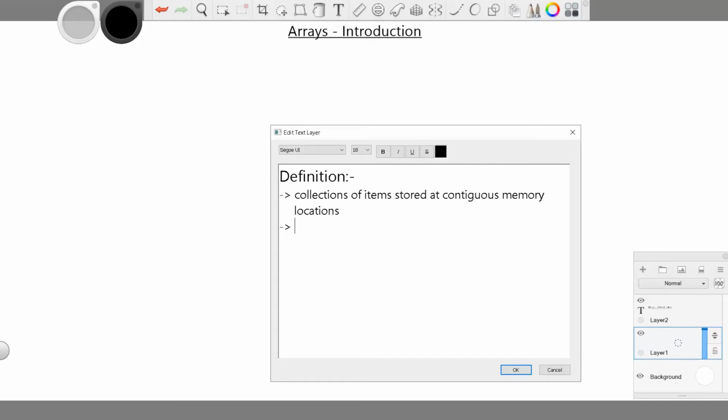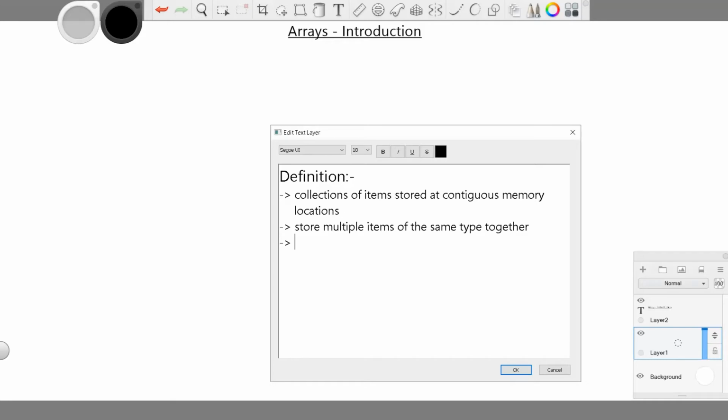Usually in a single variable we can store only one value. Now we can use the same variable name for storing multiple elements of the same data type. It can be an integer, a float, or a character. It can be anything, but it should be of the same type. So store multiple items of the same type together.